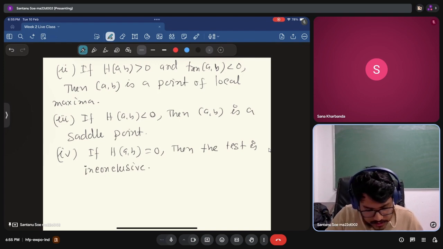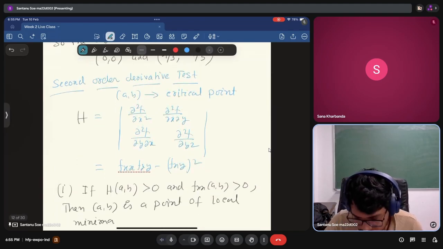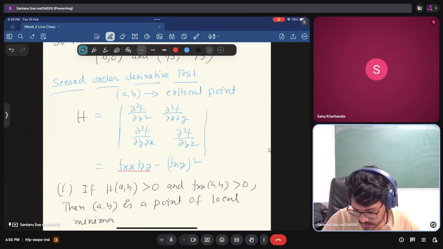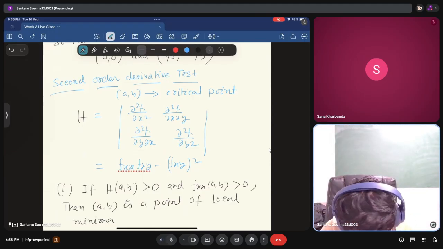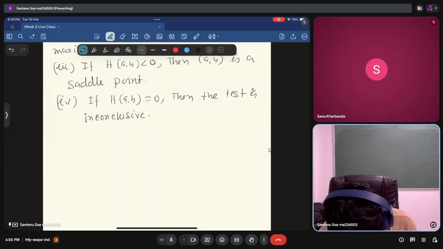Okay, so this is called the second order derivative test to find out whether a critical point is a maxima, minima, or a saddle point. So now I think we can solve some questions, or maybe you can solve this question at the point (0, 0). So our fx was given by